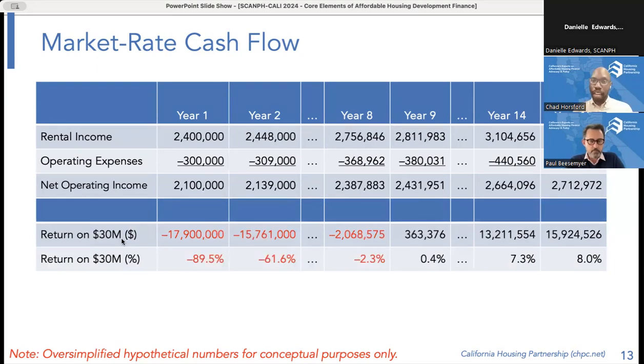In our very oversimplified model, we presume that the building owner is able to basically pay themselves back for the cost of developing the building. And over time, they're able to generate a return on their investment. So in this model, around year 9, that's when they break even and then they generate profit. And in order to incentivize building the development, they're targeting a return of investment of around 8%. So the big picture story is the building owner is able to pay themselves from their operating income and recoup their initial investment.